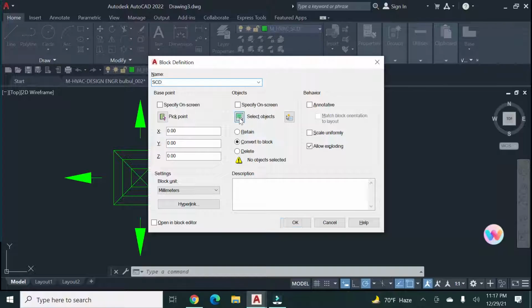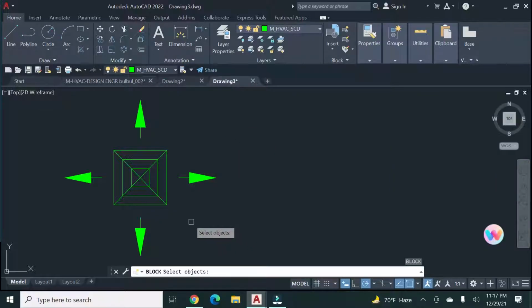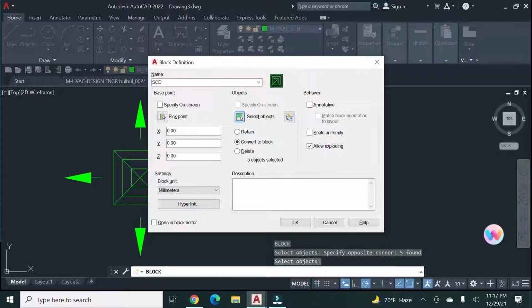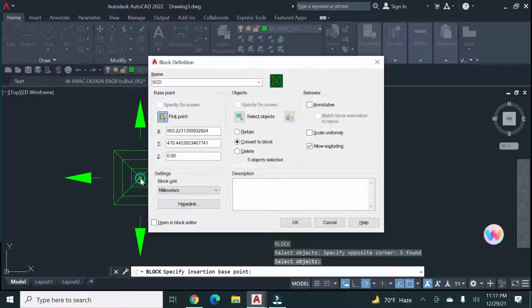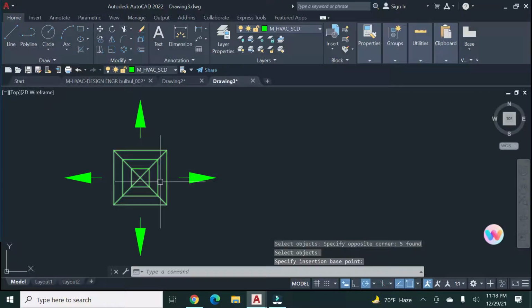Select the object you want to block. I want to block this object, so click and copy that. Mouse right button click again, then pick point, which means the middle point. I convert it to a block, then go to OK. Now it is a block, so you are not able to delete a portion from this object.